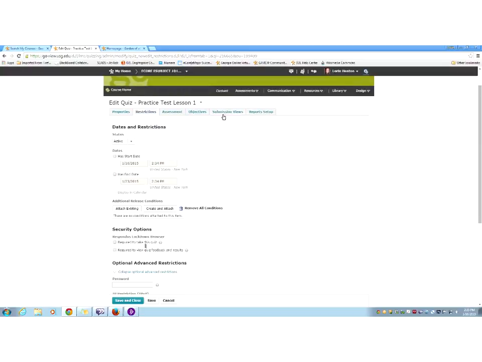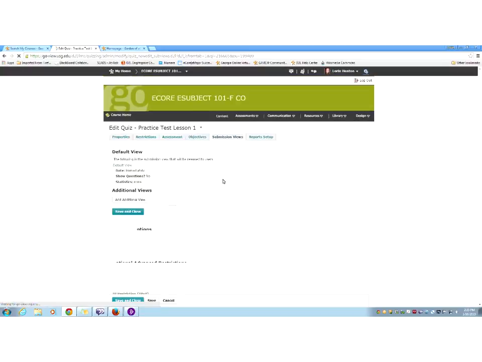Also want to make sure that you all are aware of the Submissions View tab. This is not a new feature, but just one that sometimes gets overlooked. But the Submissions View controls what your students are able to see after they submit their quiz. So you'll see from looking at this, they're not really able to see much. So show questions, no, it's not going to show any statistics. So chances are the only thing that they're going to be able to see is their grade in the grade